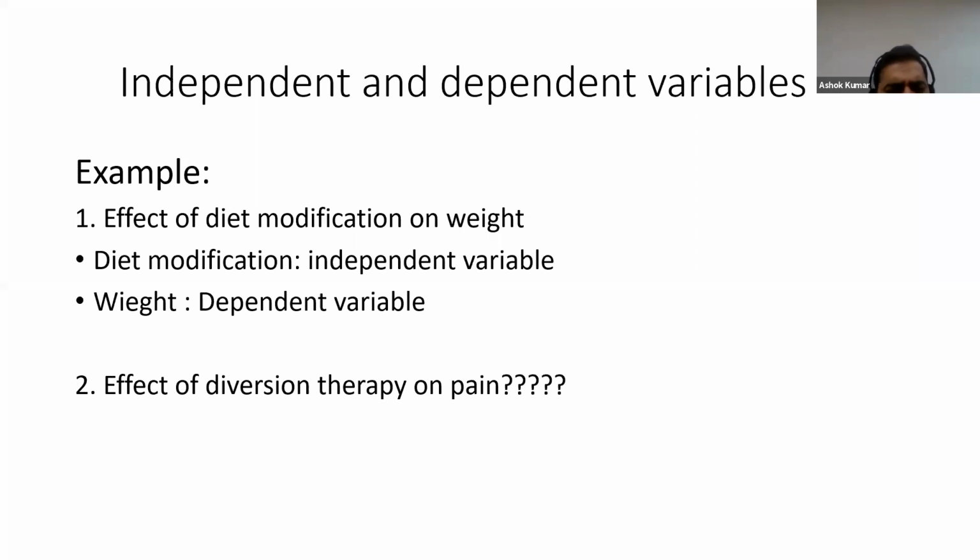So diet modification is the independent variable and weight is the dependent variable, because weight is dependent on diet modification. Same as the effect of divergent therapy on pain. You participants have to think about which is the dependent variable and which is the independent variable in example number 2.